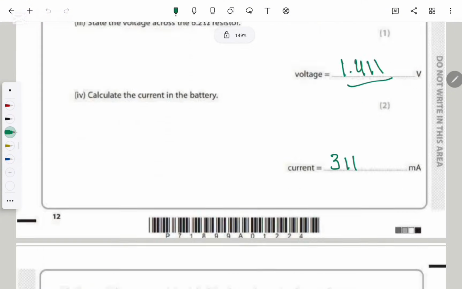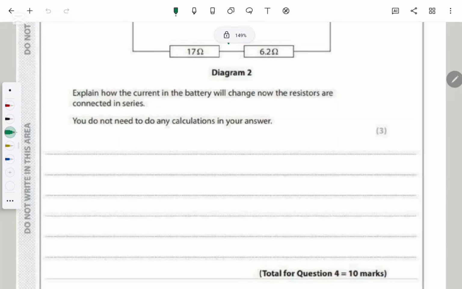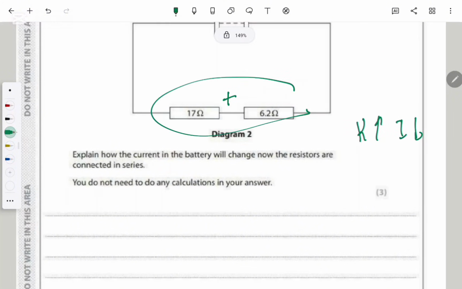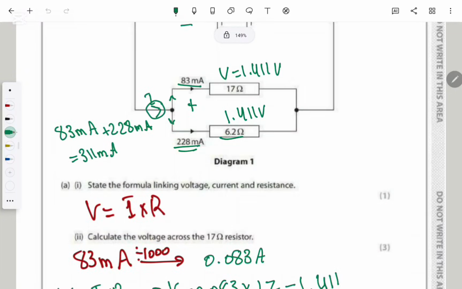Okay, and we all understand that there is a relationship between current and resistance. The relationship is pretty simple. When resistance is high, the current instantly becomes low. Now, when you connect resistances in series, the resistance is always higher than when you connect them in parallel. When you connect two resistances in parallel, the resistance is always weak. All right, so based on that, you can tell,